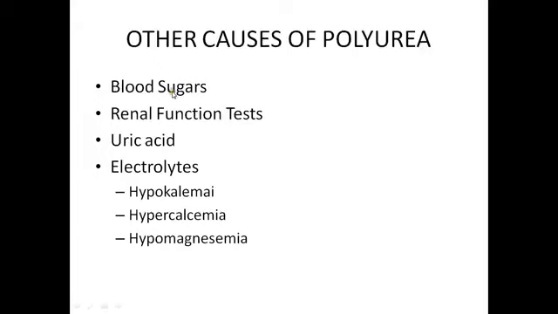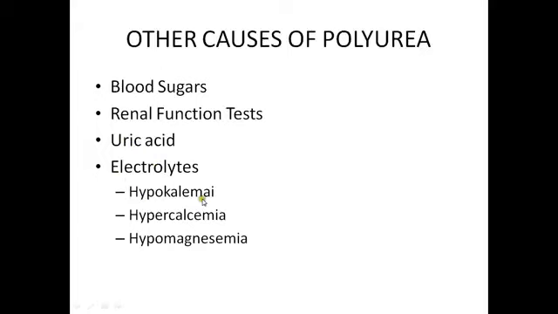So blood sugars, diabetes mellitus is the very first differential you will have when the patient says कि भाई बहुत ज़्यादा यूरिन आ रहा है, बहुत रात को उठ के जा रहे हैं. सो ब्लड शुगर्स you will need to do, you need to see the kidneys, so it can be because of renal function, so you have to do the urea, creatinine, urine DR and everything. Uric acid is one of the, hyperuricemia is one of the causes of polyuria, so you will do that.